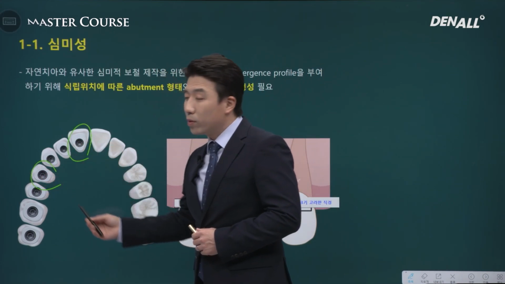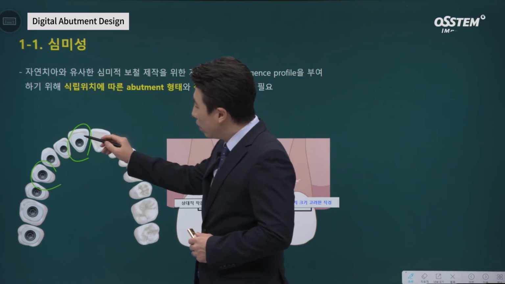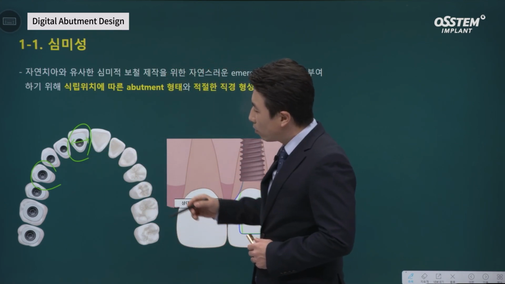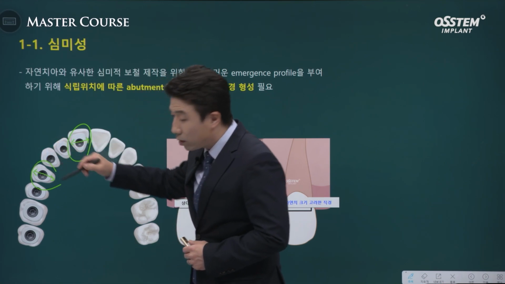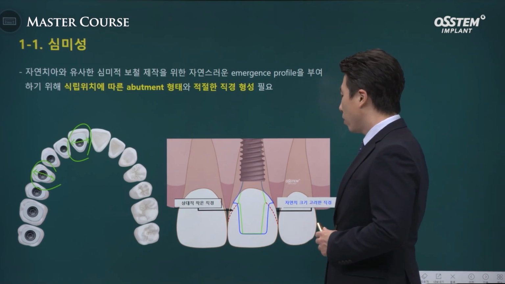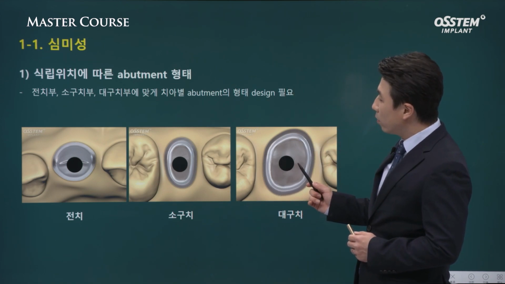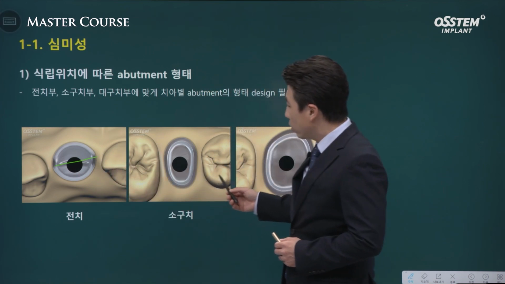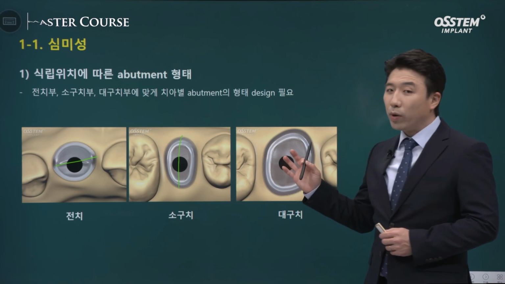In the case of anterior area, the mesiodistal width is quite significant. In the case of premolar, the buccolingual width is quite significant. We need to understand the different characteristics of different areas. This has been mentioned before. In the case of anterior area, the width is significant. In the case of premolar, buccolingual width is wider, and you can see that there is a significantly wide dimension